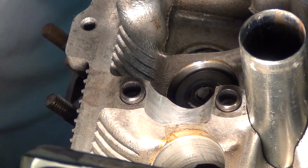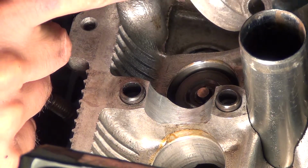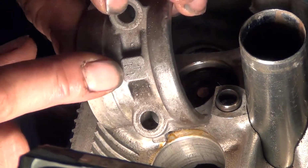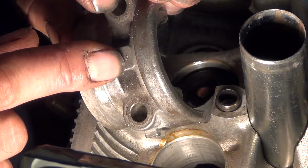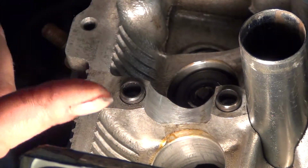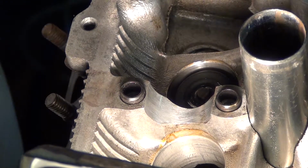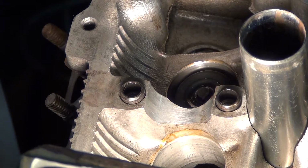These are the cam caps. This is a difficult procedure because they all have these little numbers on it. Where are you? Here. They have these little numbers on it, and they have an arrow on it, which means they have to be pointing at a certain direction. And because a lot of people don't have the book and they don't know how to do this, I want to make a very, very clear